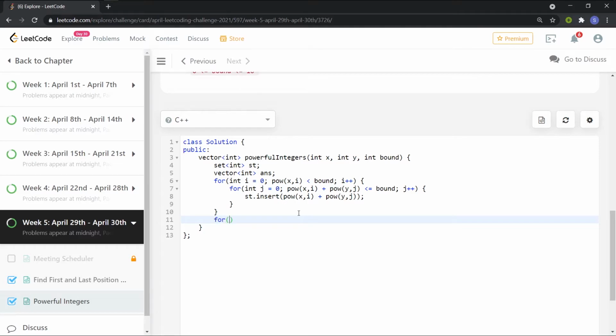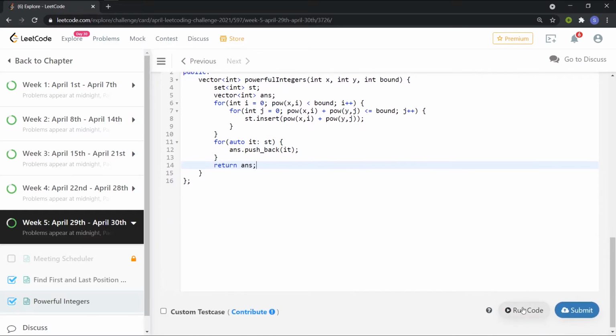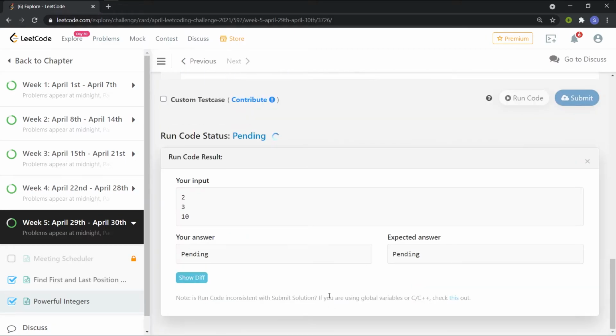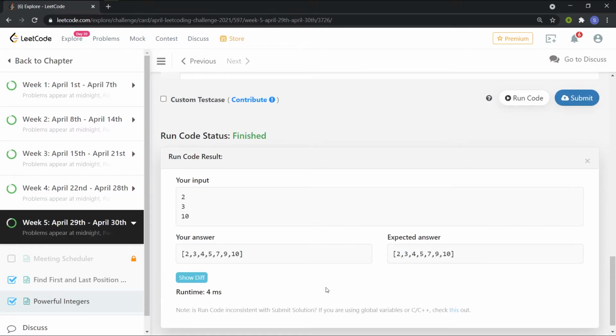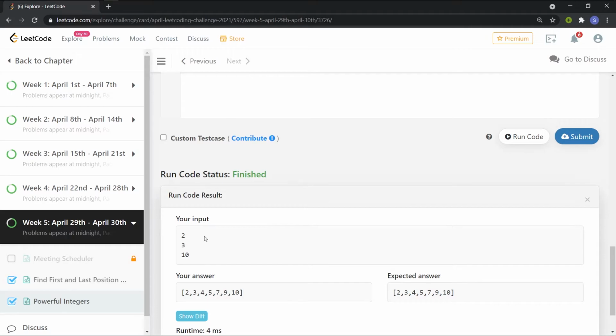So now what I need to do is traverse this set, and transfer these values into the vector answer and then return it. So what I'll be doing is answer.push_back it and return answer. You guys might be tempted to think that this much is correct, but there is a small twist. Just wait for it. Okay, so you can see that the answer is correct for now, at least for the given test case.